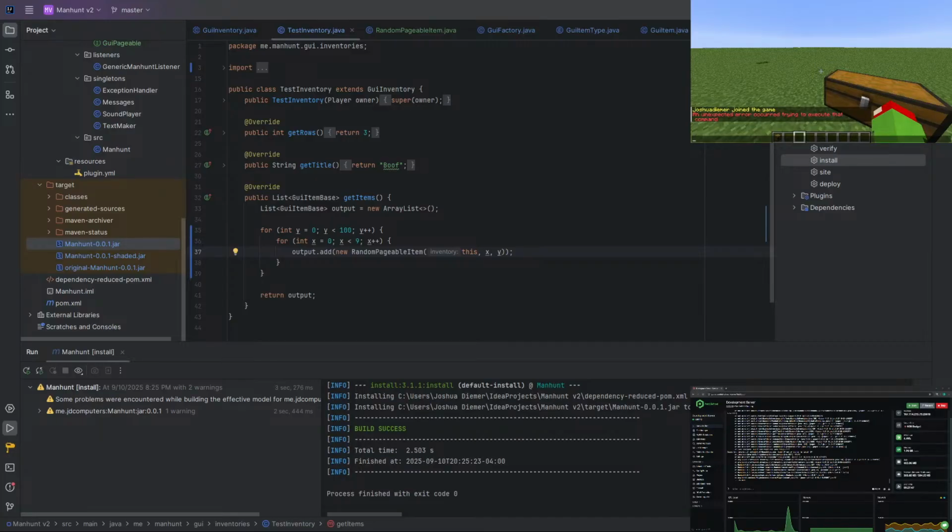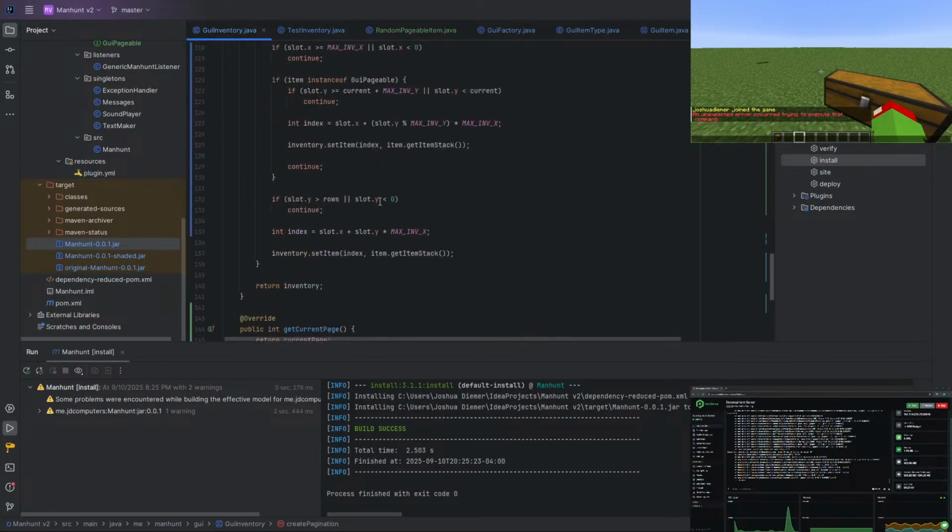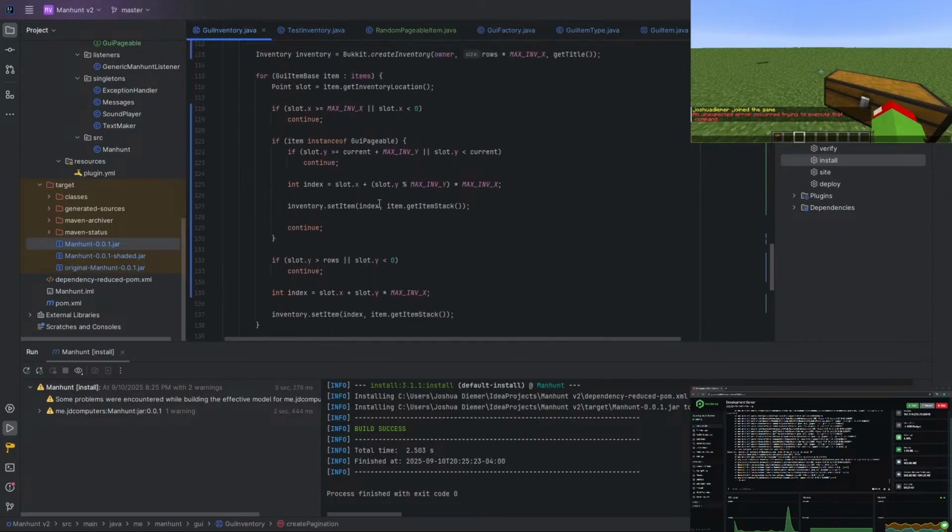That's all fine. Let's see first if there's something wrong here. So if it's an instance of GUI pageable, then we check